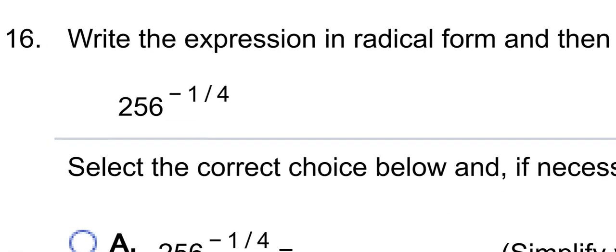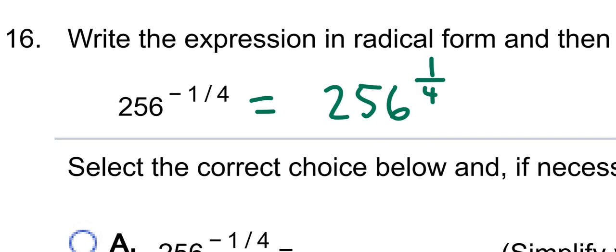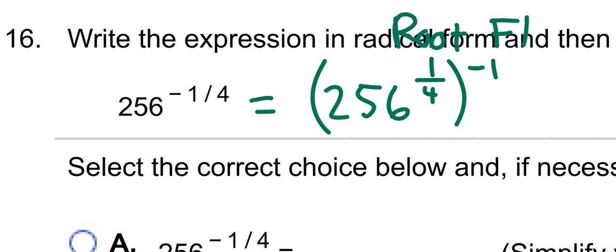Okay, we're going to do this one in 2 steps. And yes, we are going to start with the root. But you'll notice that I'm splitting that negative 1/4 exponent up into 2 parts. First a root, and then the flip. Root first, flip second. Every time I've been doing this, I've always started with the root, no matter what happens next. Whether we had a root and a power, or a root and a flip. So,